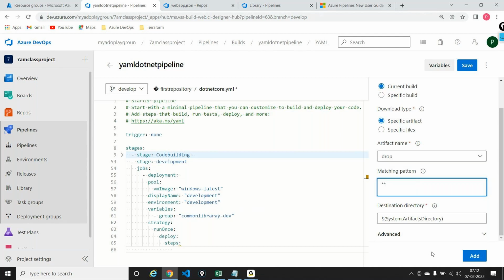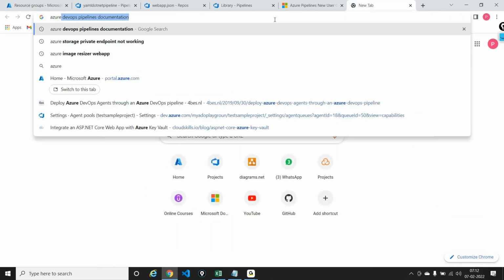So I'm saying, okay, fine. I want to basically go ahead and download it from the system.artifacts directory. And this is again a predefined Azure DevOps variable. If we look at the Azure DevOps predefined variables,